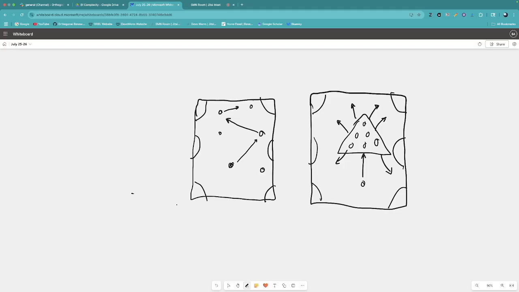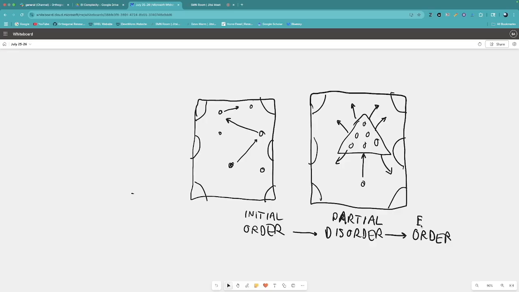where we go from total order to disorder, or partial disorder, to order. The initial order is total order. And then we go to partial disorder, because it's not entirely disordered. I mean, they're not spread out with maximum randomness. And then we go to the final order, or maybe the entropic order,